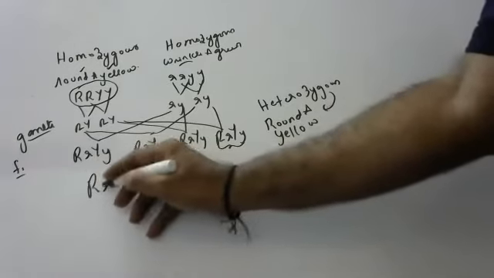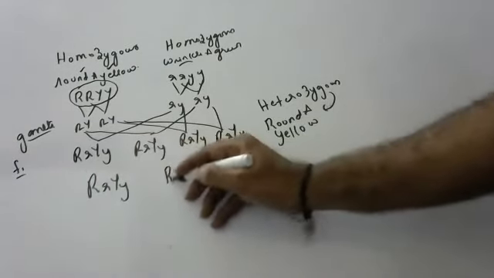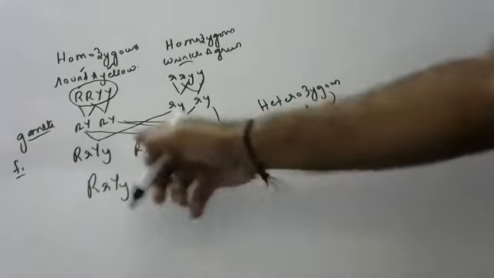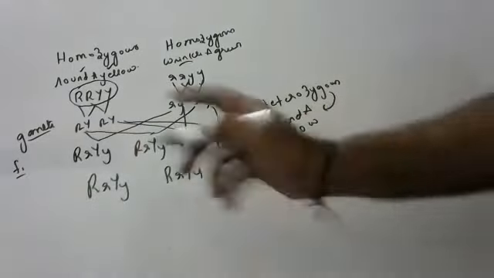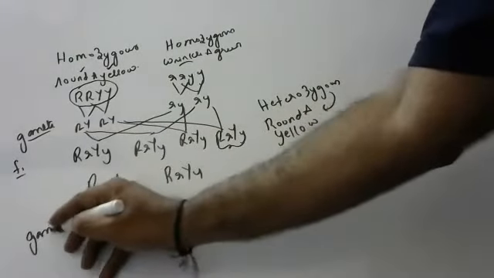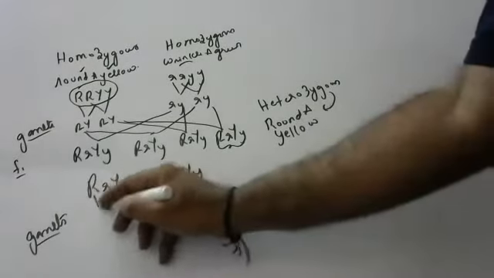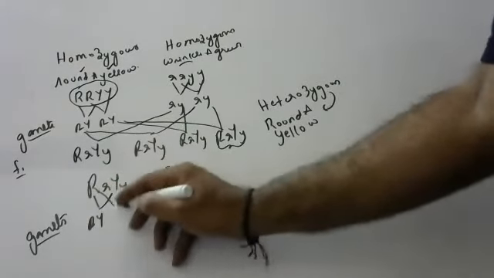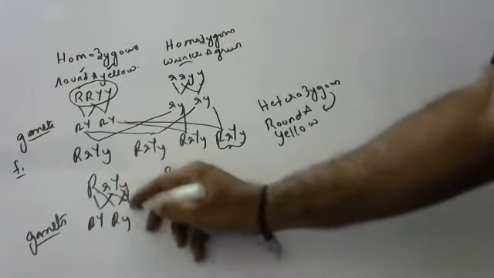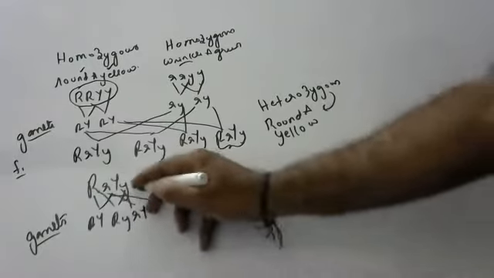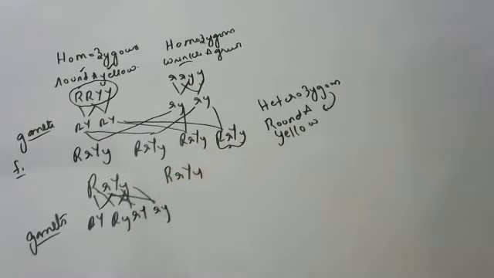Again, take any two plants, children, out of the four plants which you got in first generation. Take gametes. Directly you should not cross. First take gametes. What are the different combinations possible, children? Here you will get big R big Y, big R small y, small r big Y, small r small y. These many combinations are possible.